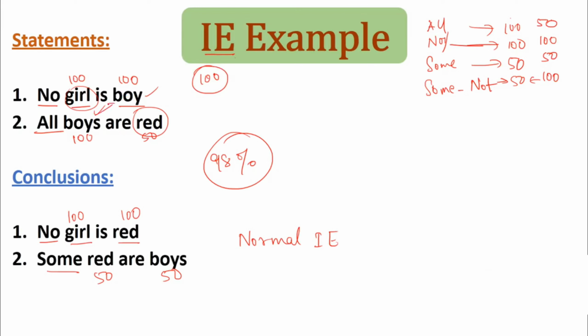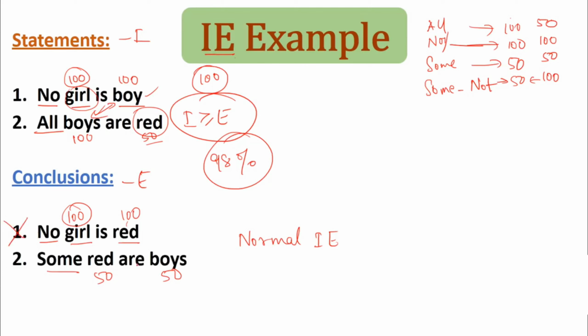Okay, no problem at all. Let's proceed. Girl income is 100. Correct. In expenditure, this is income, this is expenditure. In expenditure, girl expenditure is 100. Income greater than or equal to 100. This is what we want. This condition gets satisfied. Okay, red income is 50, and here red expenditure is 100. Expenditure here goes above the income, so this is not a valid conclusion.